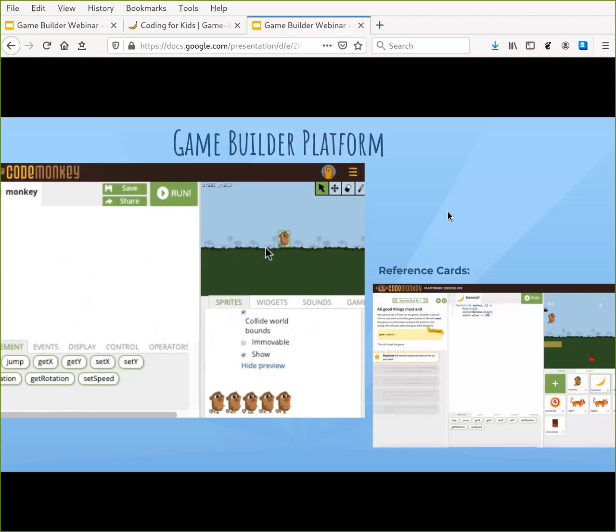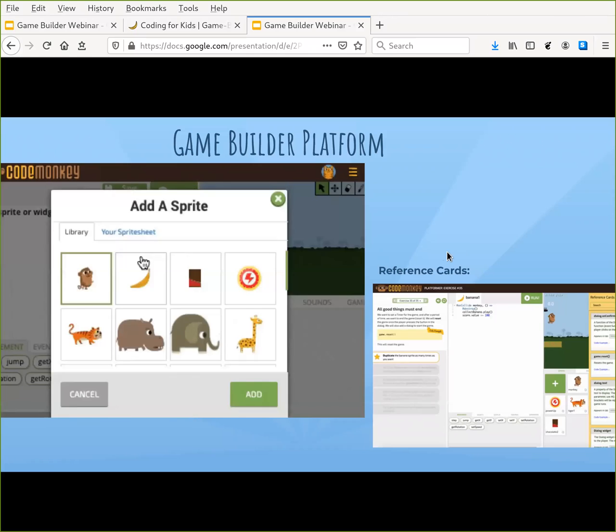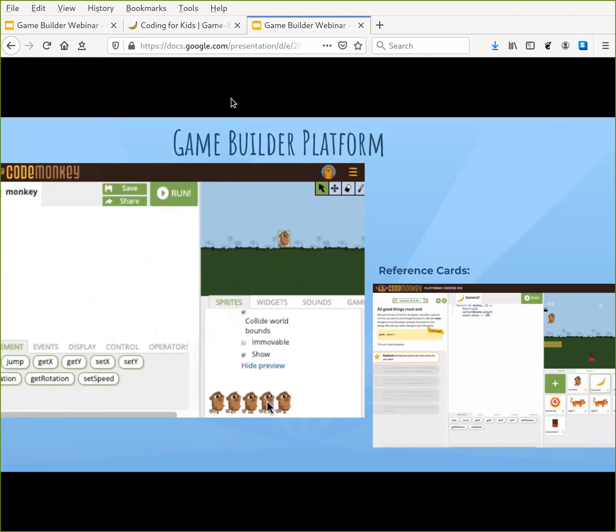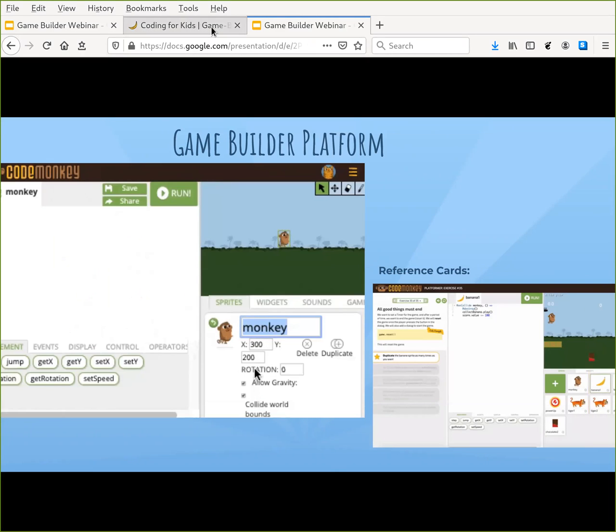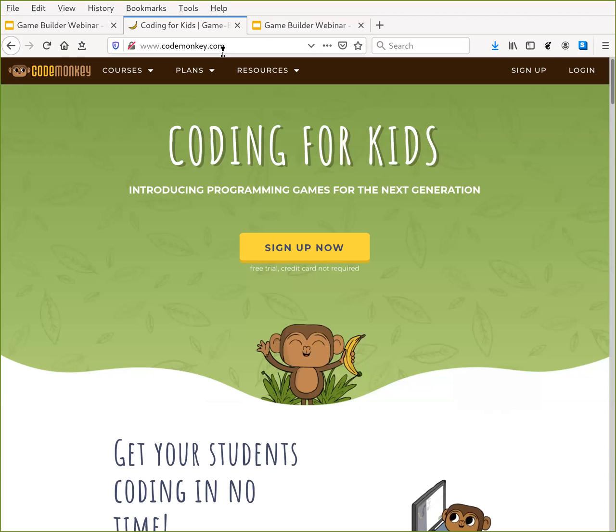Hopefully I'm going to move at a pace that you can do and write the code that I'm writing. If I'm going too quickly, ask me to slow down. But even if you have trouble keeping up, the point of this is really for you to learn how to write your own game, not just to duplicate my game. So it's most important for you to get the big ideas rather than just copying down exactly what I create. So if you get a little bit lost, that's okay. There'll be plenty of time for you to make your own game on your own, and that represents what you like. But let's try and do one together today.